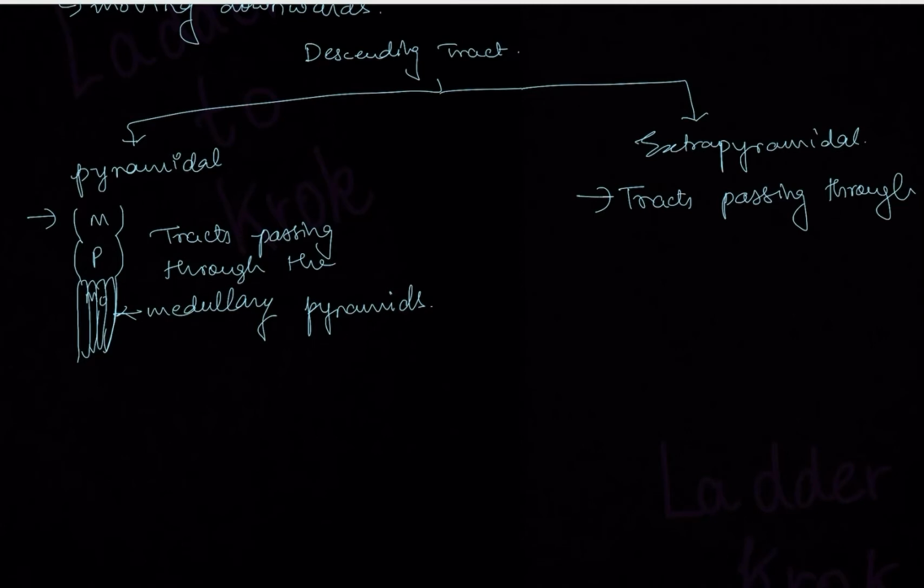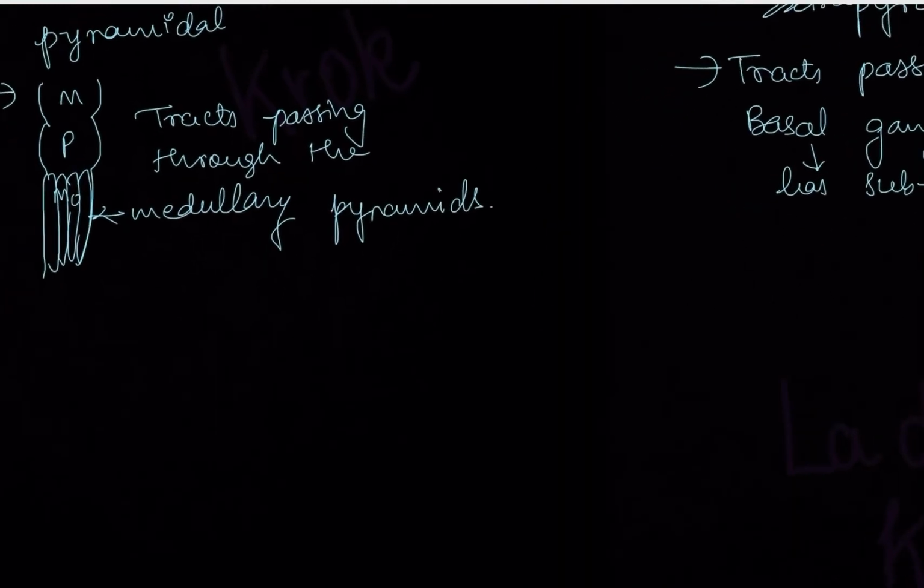Among them one is the substantia nigra, which we'll be doing in pharmacology. It's related to a disease known as Parkinson disease. We'll also be doing it when we do pathophysiology. So, tracts passing through the basal ganglia. Remember that the basal ganglia consists of subcortical nuclei because it's below the cortex. Understood?